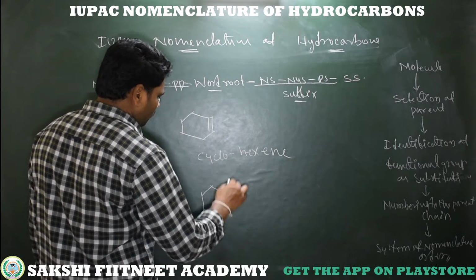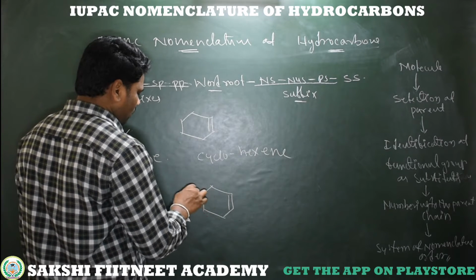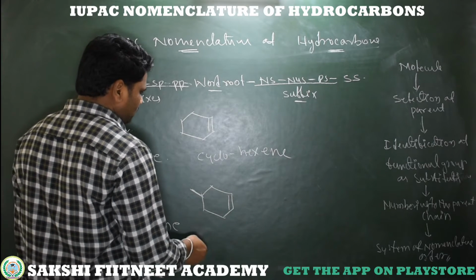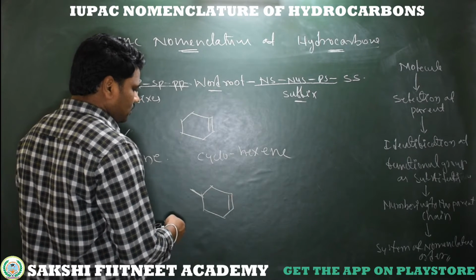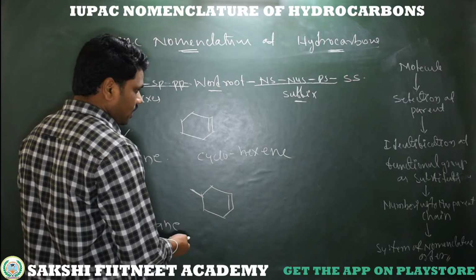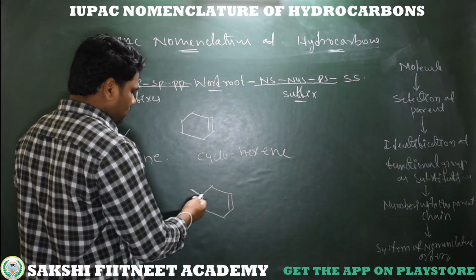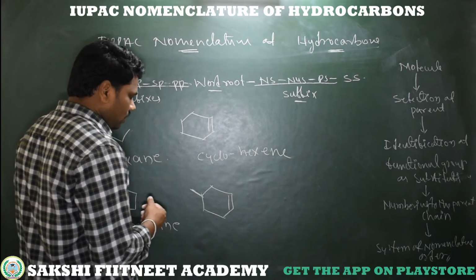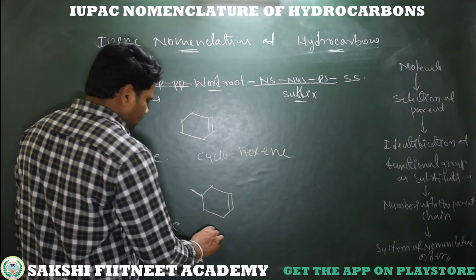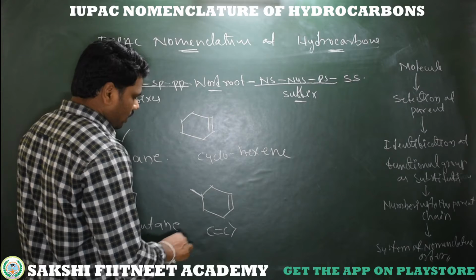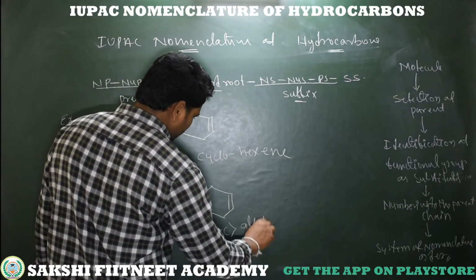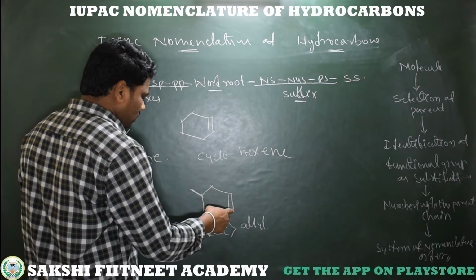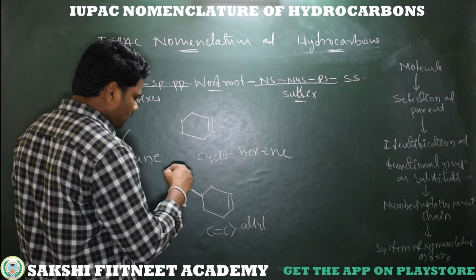Here I am taking another compound. This is unsaturation, and here we have a methyl substituent. So cyclic, it becomes cyclo. 6 carbons are present in this parent chain. Cyclic system is the parent chain. Now unsaturation is present, substituent is present. Now we should number this parent chain. Numbering should be done from unsaturation because a carbon to carbon double bond shows more priority than an alkyl group. So by following the least locant order, we cover this unsaturation first, then we move towards the alkyl group.